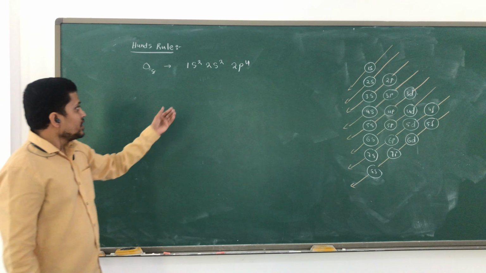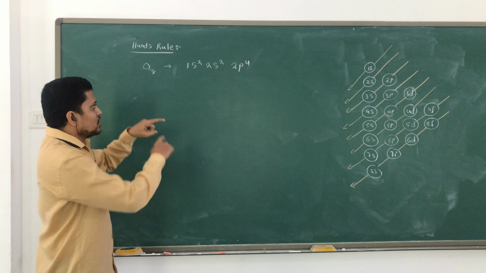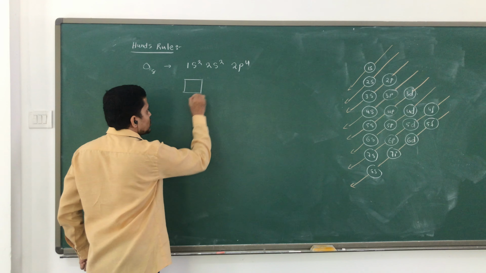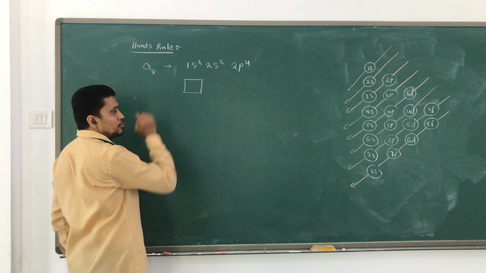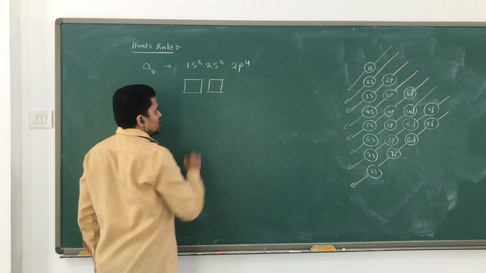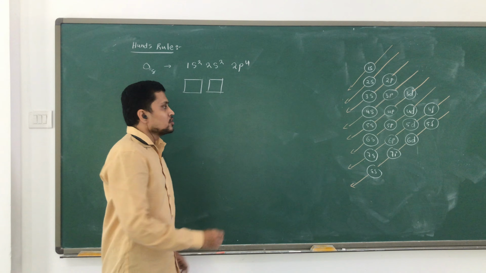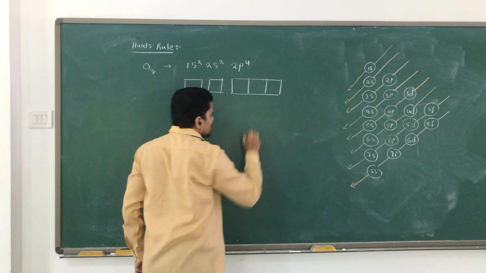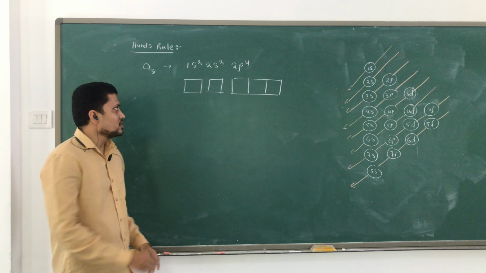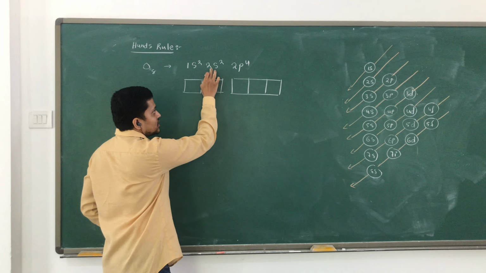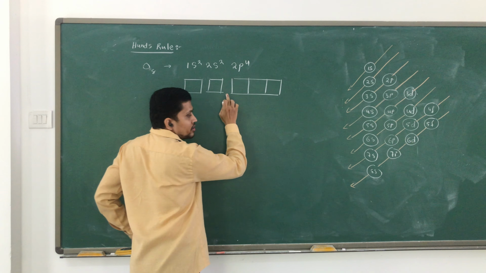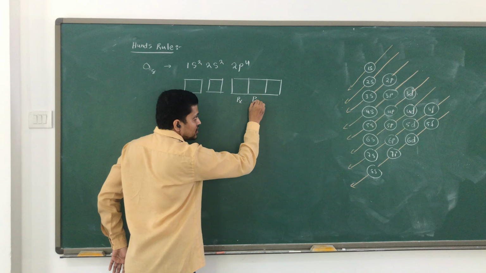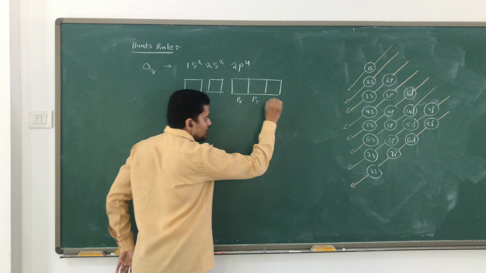Now when I'm entering the electrons, I'm drawing boxes, showing each as an orbital. So this is the 1s orbital and this is the 2s orbital. And when I come to the p orbital, in the p orbital again we have 3 subshells, right? How many subshells do we have in p orbital? We have 3. So this one is 1s, this one is 2s, and this one is the total 2p. In the 2p we have 3 subshells, named px, py, and pz.